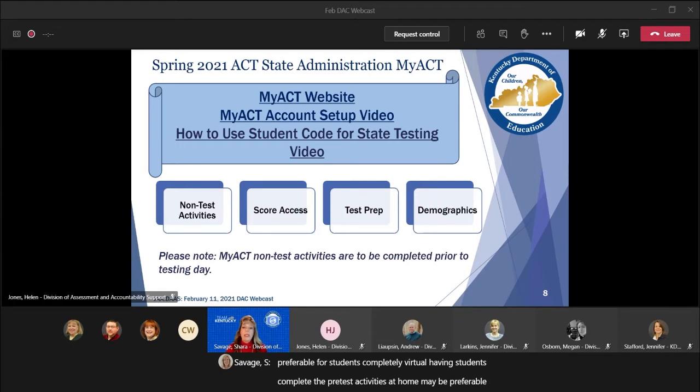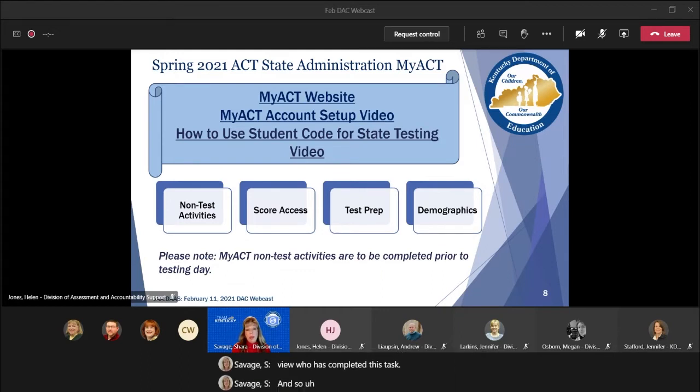Either way, it is the responsibility of the test coordinator to guarantee all students have completed this activity. Failure to complete this activity can result in the student's inability to send scores to colleges and universities and receive their scores. ACT is working to develop a tool to assist testing staff with the ability to view who has completed this task. And so, as a reminder also, depending on the materials receipt window during the select